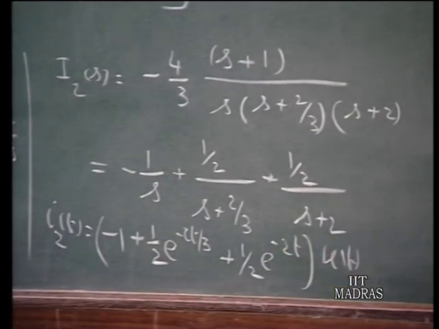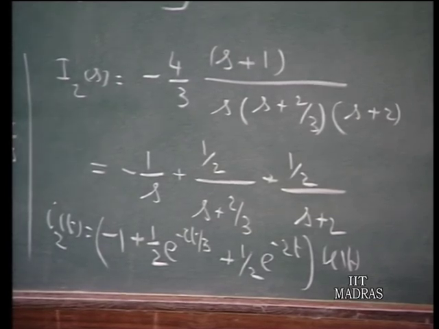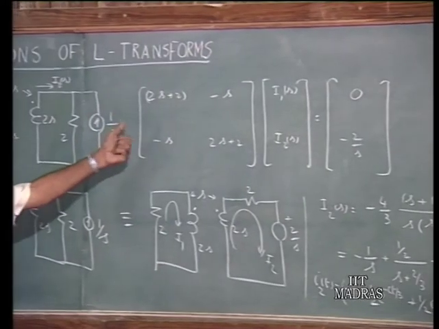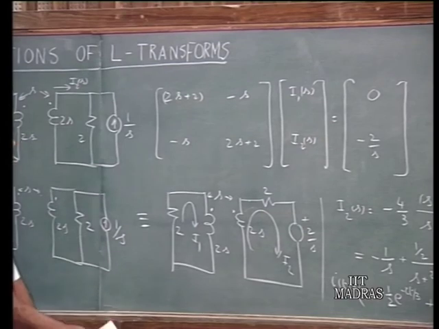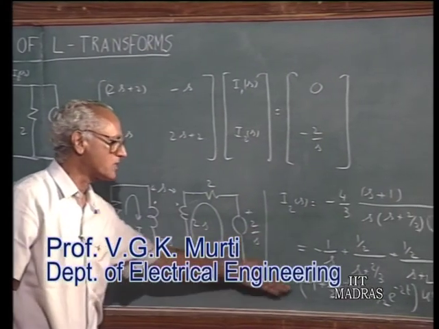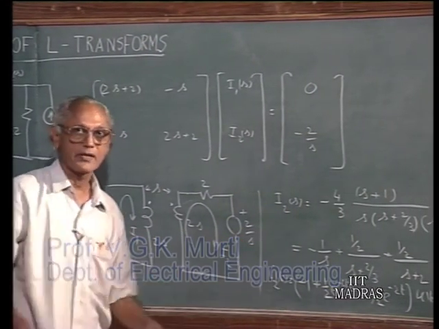So, you can see that the solution for the transient problem of this sort once again can easily be handled with the transform diagram approach. You do not have to write the differential equations, and once you have the transform diagram, you write the equations of performance in S domain in the same way as you would do for DC circuits, and once you get the solution for the required quantity in terms of transforms, you have to find the inverse transform to find the pertinent quantity in time domain.